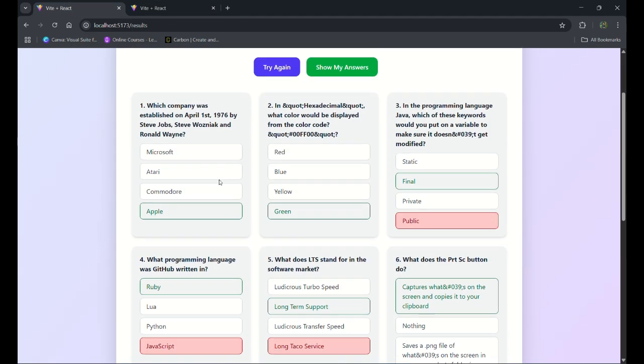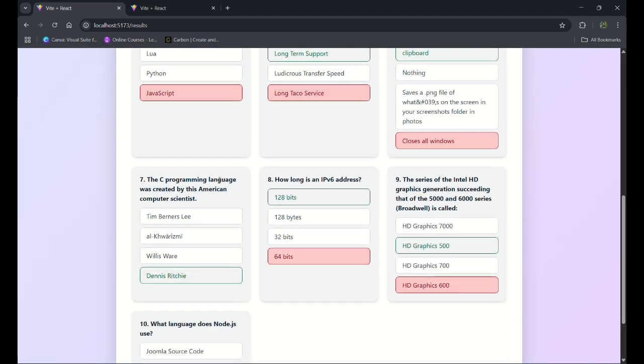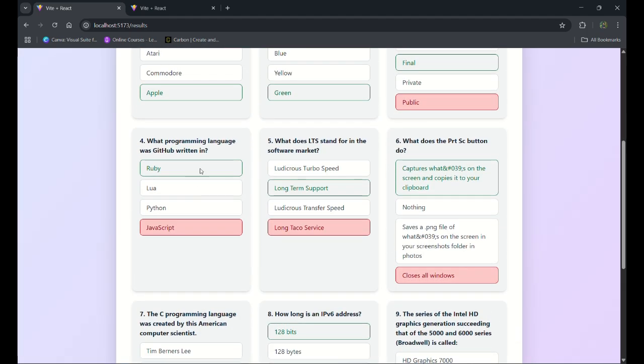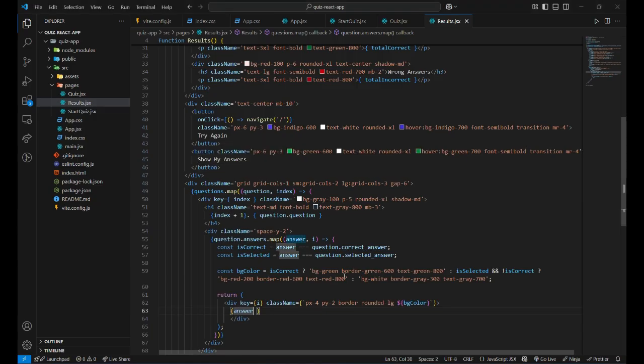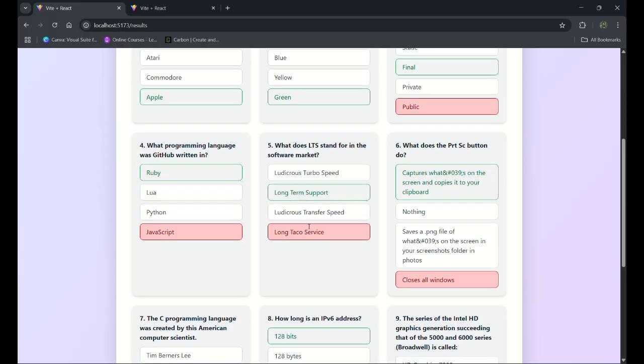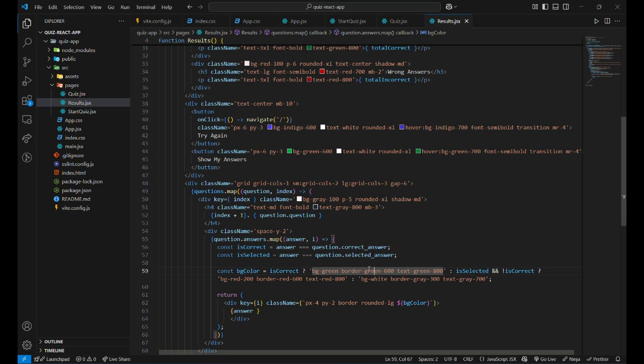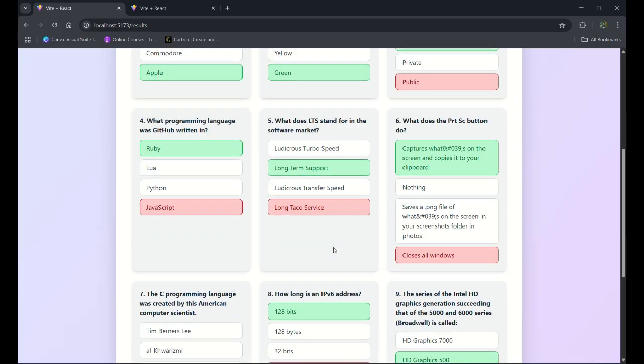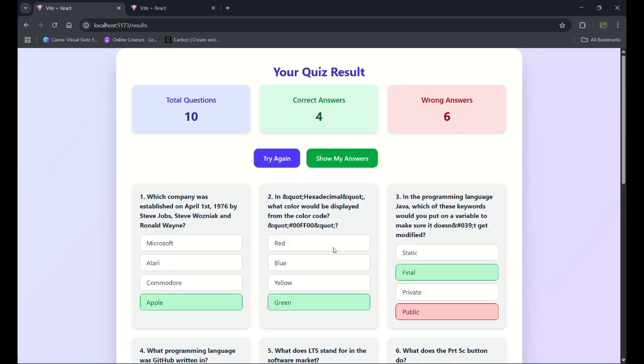Okay, so now if we come back over here, we can see our questions are printed over here, but the background green color is not coming properly for some reason. Yeah, because I made a typing mistake over here. Now if we come back, still it's border BG green, yeah, and over here I'm going to give 200. Okay,